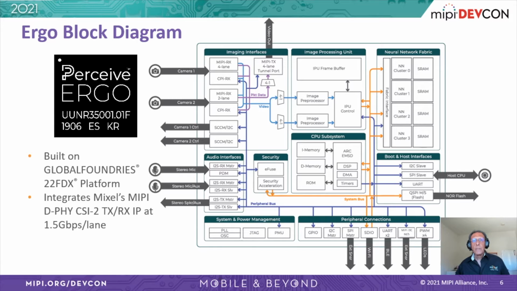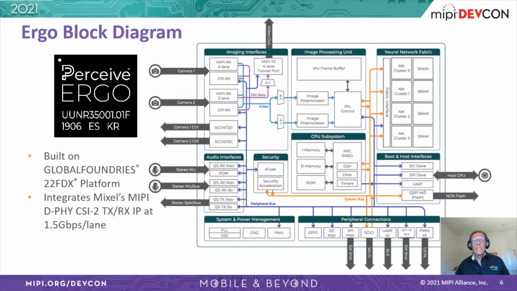Moving down to the bottom left-hand corner, you see Ergo's audio interface, which supports both mic inputs and a speaker output. Next, you see the CPU system in the bottom center. Its main function is chip management, data flow, and communication with the processor. Some processing of audio is done by the CPU subsystem, such as temporal to spectral conversion. The DSP engine does pre- and post-processing such as FFT.